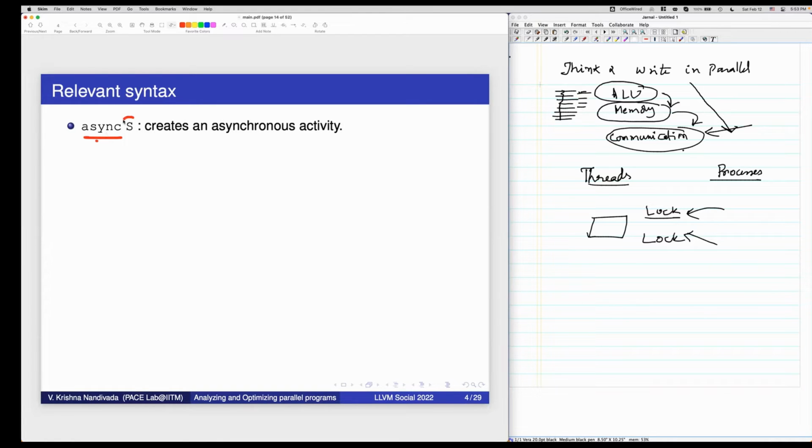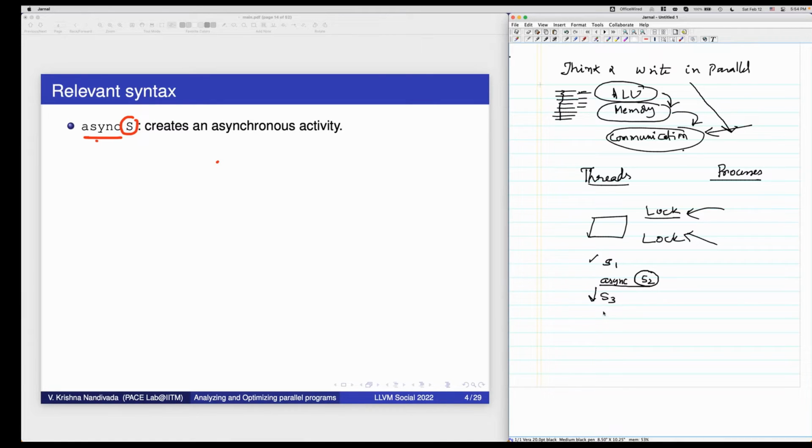Async and a statement, it could be a compound statement or a simple statement. Async S creates an asynchronous activity. If I have some statement S1, then a statement async S2 and a statement S3, then S1 will execute. After S1 ends, async S2 starts, and S2 will run in parallel with the remaining code, in this case S3.